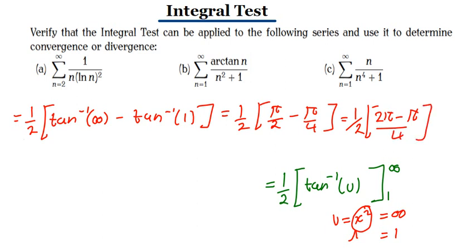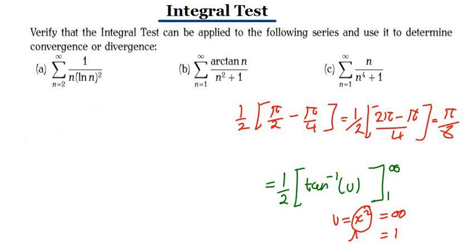We get something like pi over 8. That's what we get. So we can say, because the integral from 1 to positive infinity of x over x to the fourth plus 1 dx has given us pi over 8,